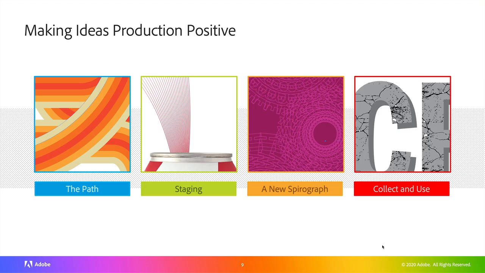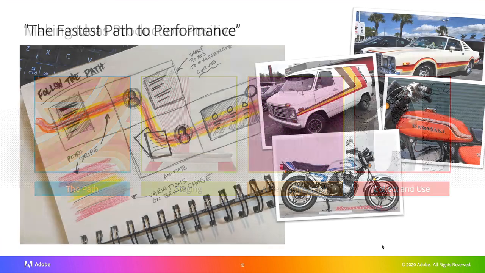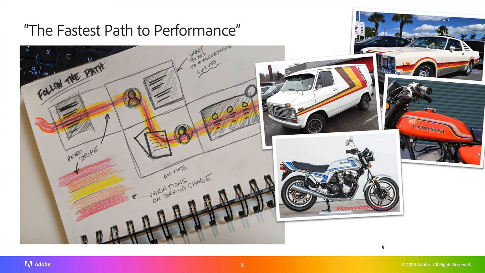So just to give you a little context about this first project, I was actually in a meeting with a client and we were talking about a presentation story that we had to design that was called The Fastest Path to Performance. And I'm going to show you an example of what this was built out like. But you're probably like me, during the meeting, you're sketching some ideas, you're doodling your thoughts. And that's really where this started for me, with this idea of what does a path really mean visually, and how can we make that interesting as we're moving through a piece of content?